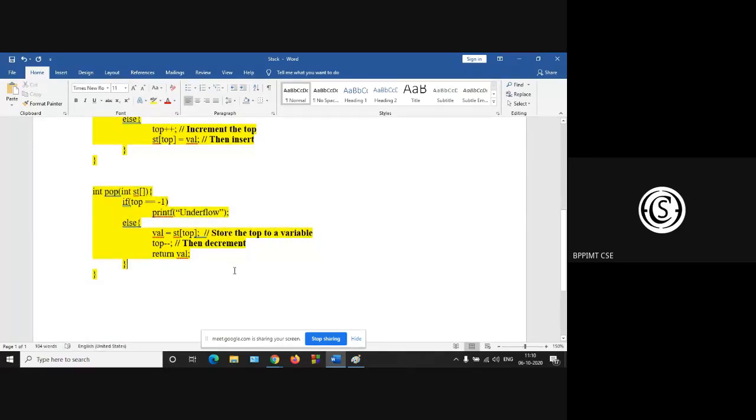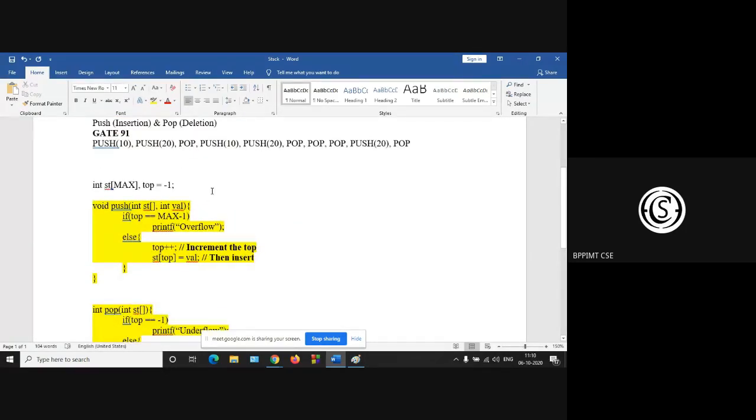Now you can implement this stack using an array as well as a single linked list. In our lab, we have to implement this stack using array and linked list also.